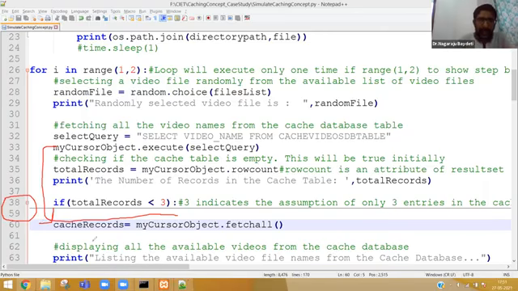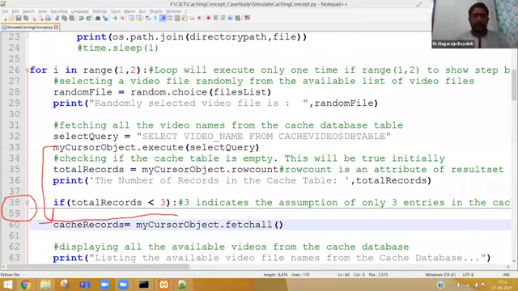So cache records equal to my cursor object dot fetch all basically gets all the video names. We come to line number 60 when the if condition fails, that is, when the cache has 3 records. So all the 3 video names will come.